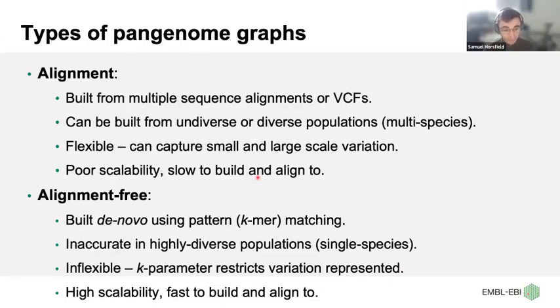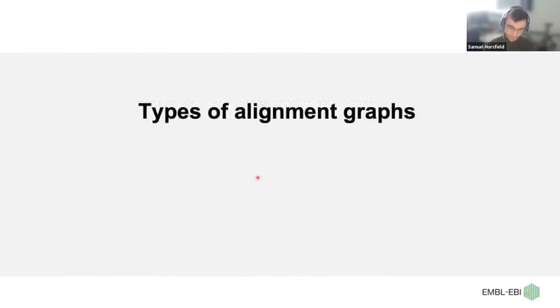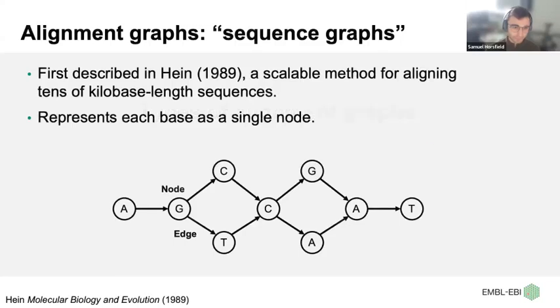And in some cases, I've seen you can build graphs from hundreds of thousands of genomes of the same species. So just going into a bit more detail now about what the different types of alignment graphs are, because even within alignment graphs and alignment-free graphs, there are variants that have their own caveats again. So the first recorded mention of pangenome graphs that I could find was in a paper by Hein in 1989,